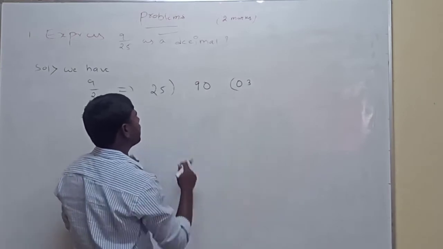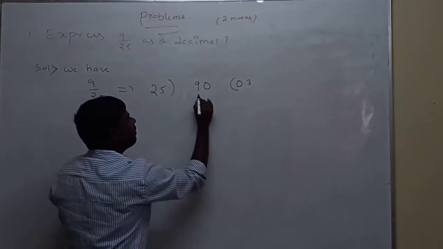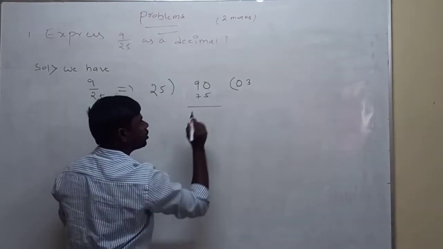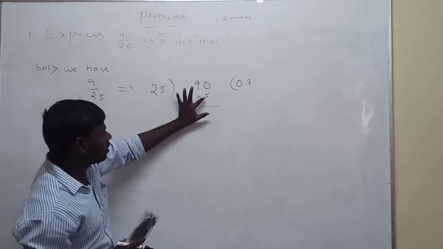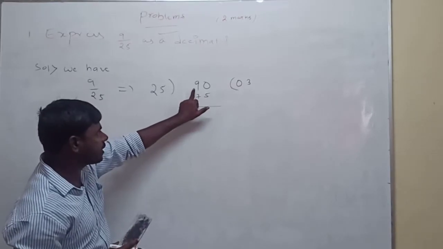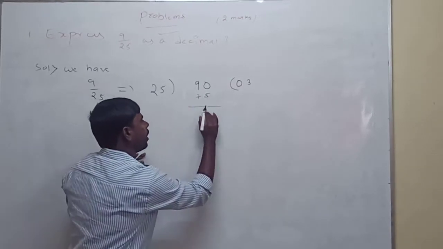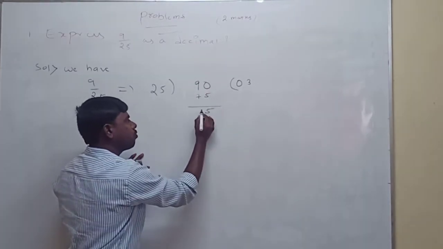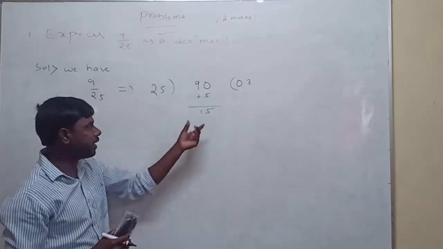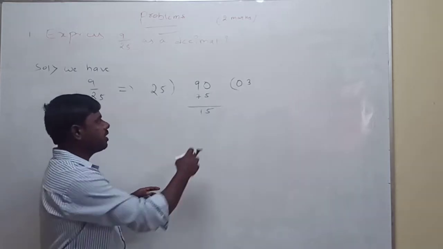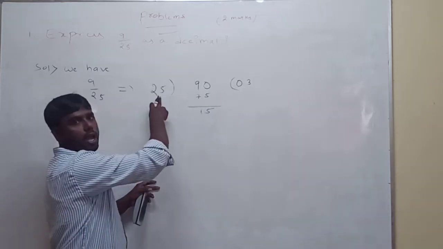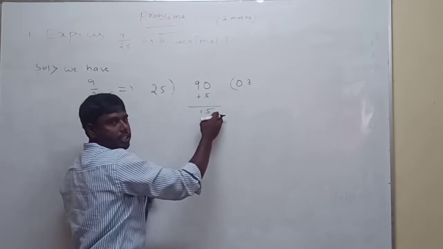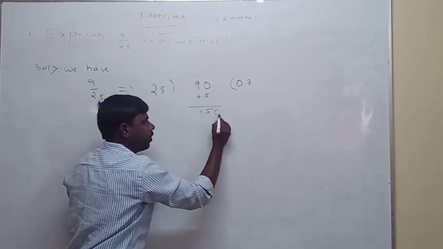Now which number should you multiply with 25 to get the nearest number? So 3 you can take. 25 into 3, how much? 75. Now subtracting. 0 is not subtracting 5, so take 10. 10 minus 5 is 5. Remaining here is only 8. 8 minus 7 is 1. The remainder 0 is not obtained. After that the smaller value is not divisible by the larger value. Already you have put the point, so don't put a 0 there; directly we can put 0 here.